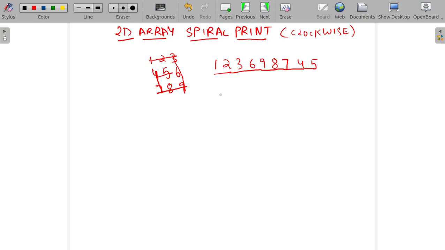So you can see, if it would have been a bigger array, let's say 11 12 13 14 and 15 16 17 18 19 and 20, right? So we want to print it like this.